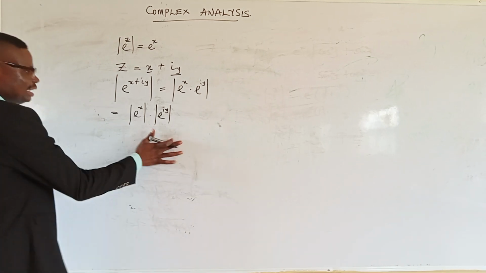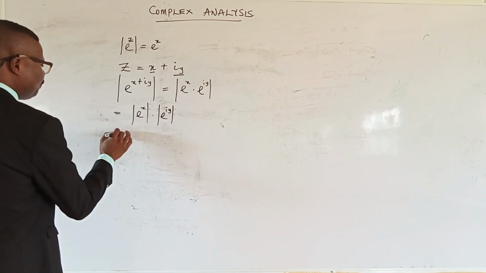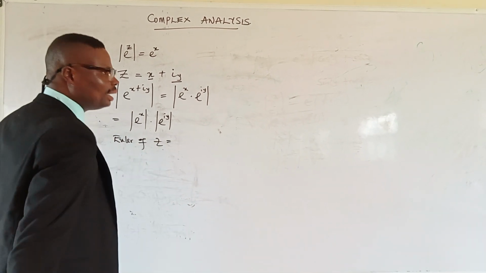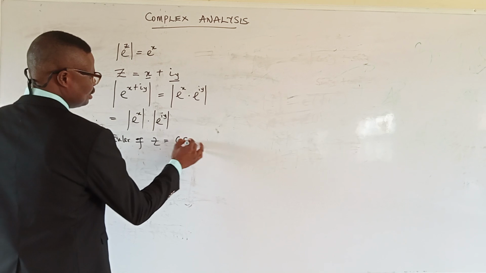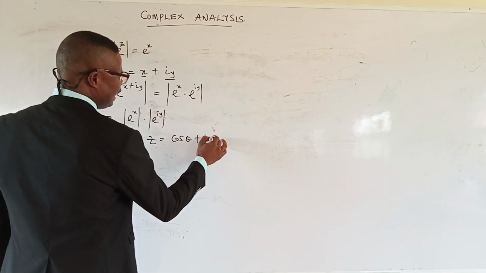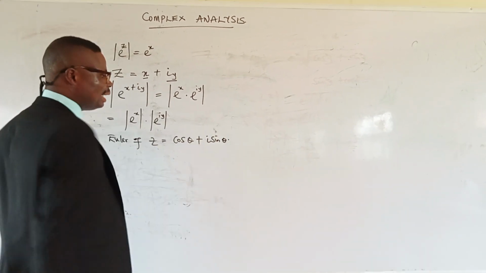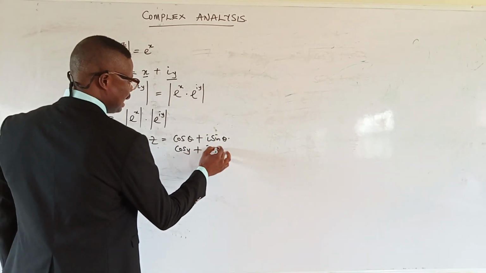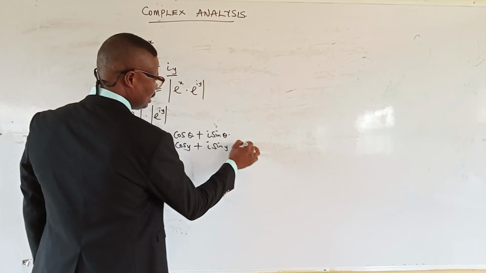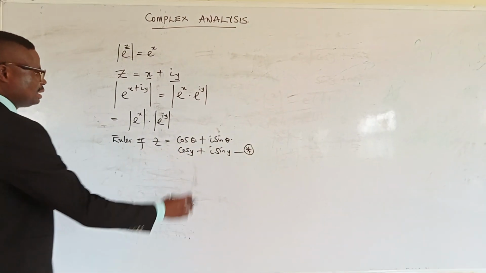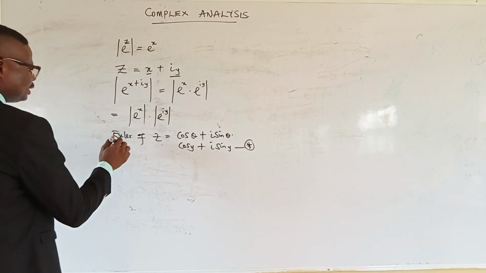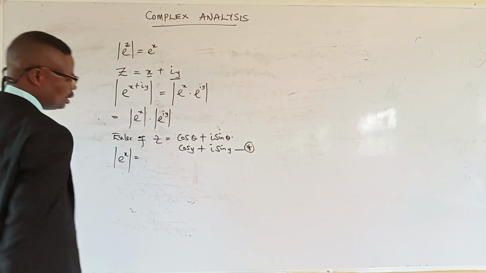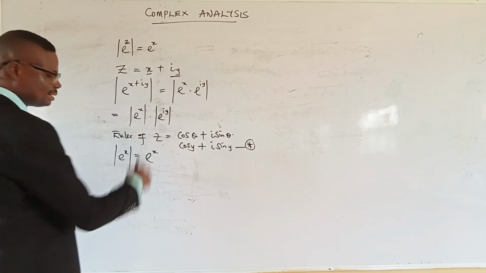Recall that the Euler form of z, a complex number, is equal to cos theta plus i sin theta. But here we are dealing with y. So this will be cos y plus i sin y. Now, since I know that the magnitude of e raised to the power x gives me e raised to the power x,